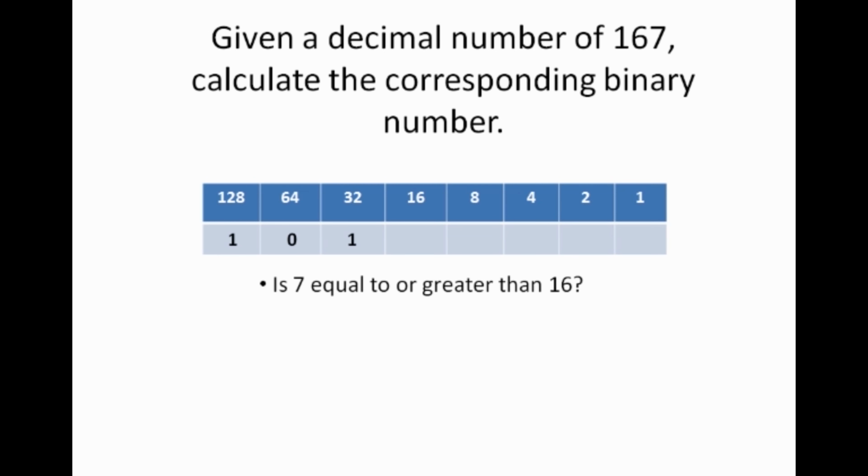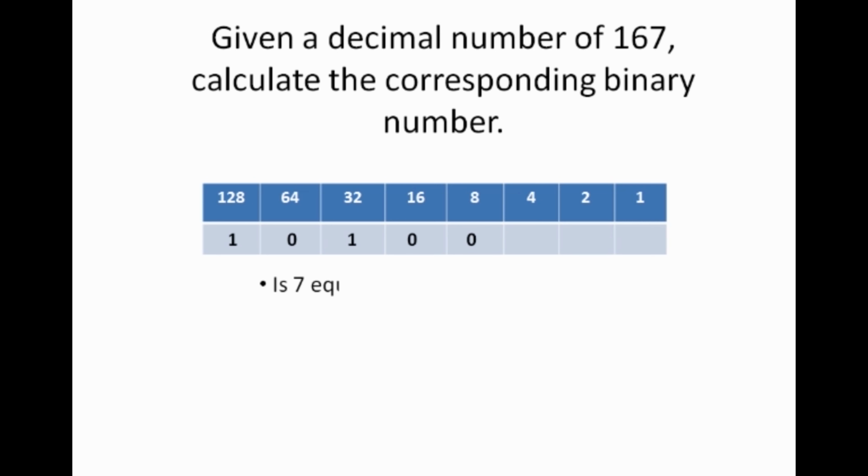equal to or greater than 16? Obviously, no, it's not. What do we do if it's not? We place a 0 in that column. And after we place a 0 in that column, we move over to the 8 column and we say, is 7 equal to or greater than 8? Still, no, it's not. What do we do? Well, we're going to place a 0 in the 8 column in this case, and we're going to move along